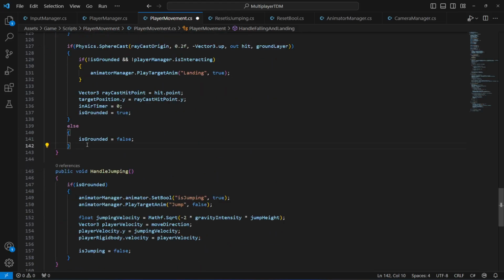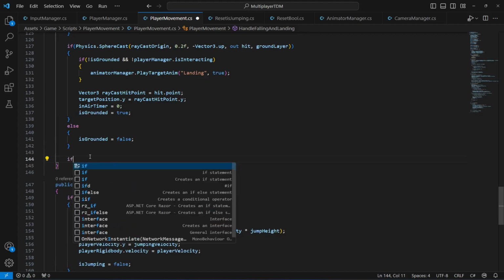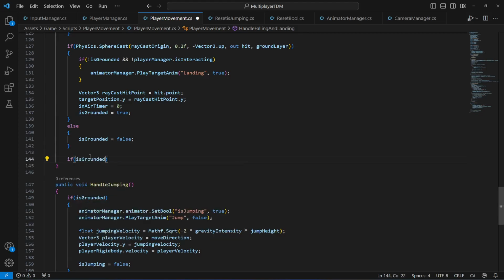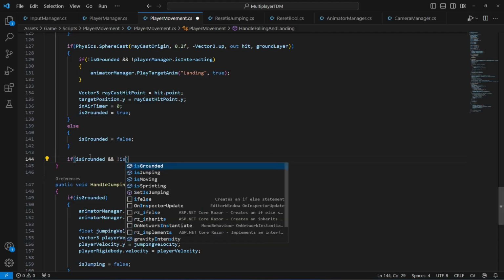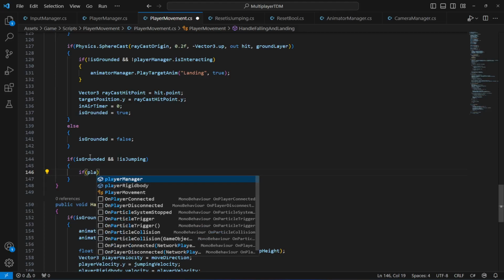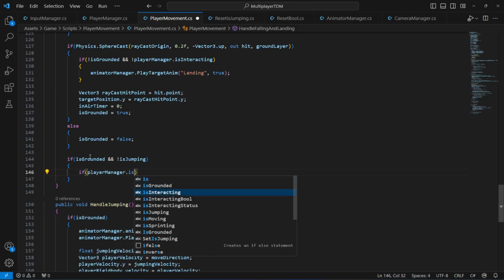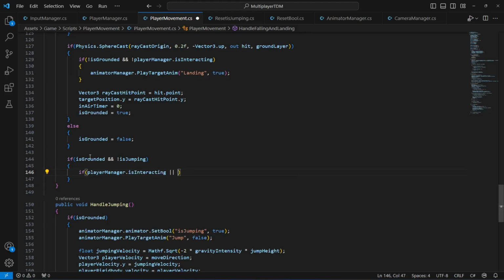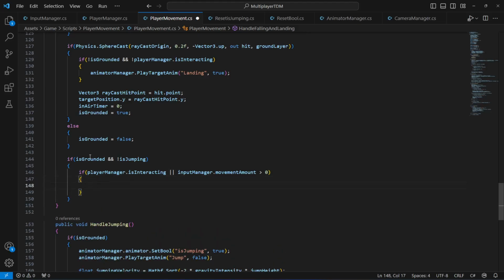Also, after this else condition, we're going to say if the player is grounded and the player is not jumping, then we will first check if the player manager dot is interacting is true, or if the input manager dot move amount, or you can say the movement amount, is greater than 0, then what we will do,